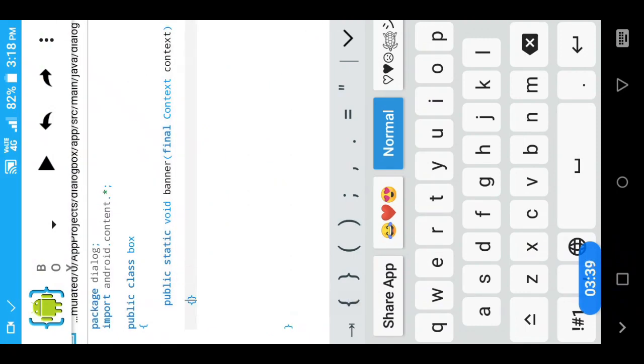Now add the braces, and you need to write the code between these.